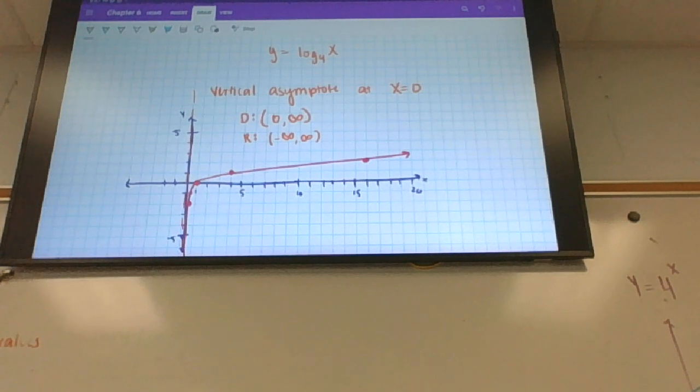It might look familiar. Okay, I'm going to do y plus 1 equals y raised to the